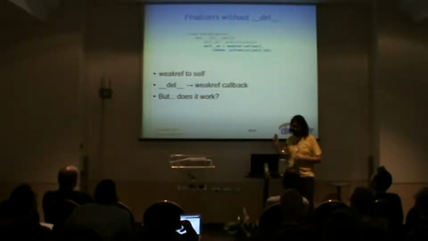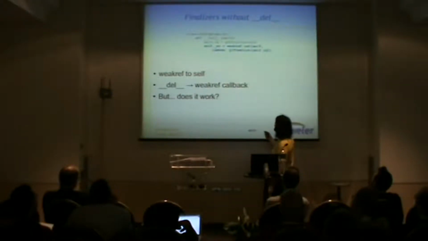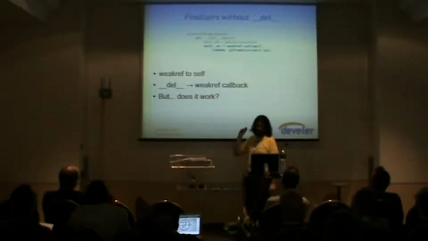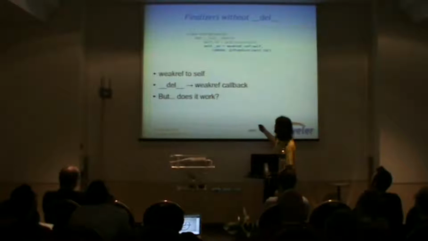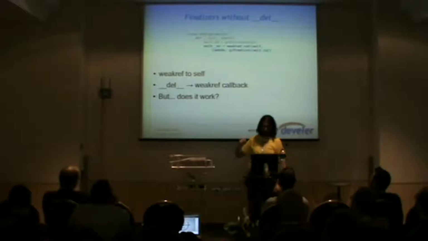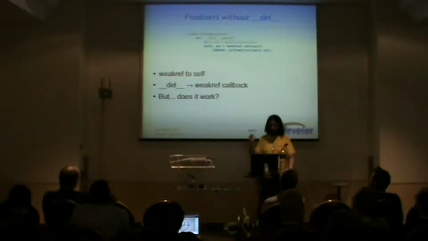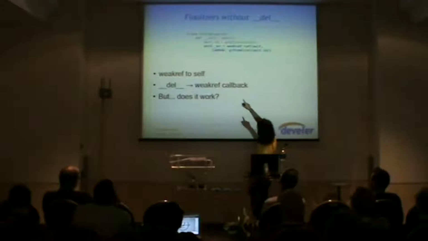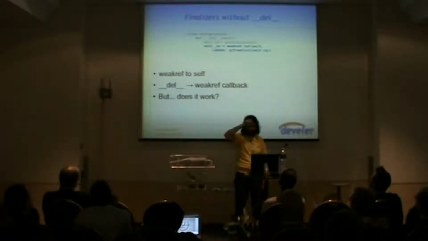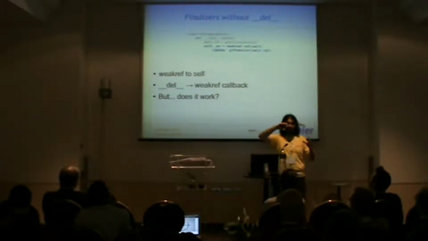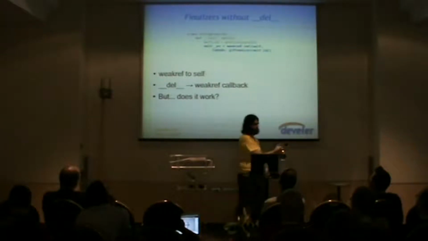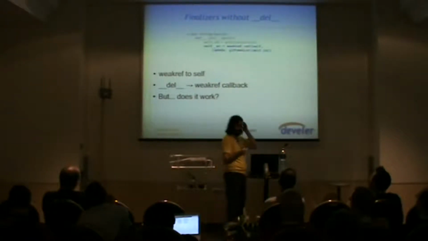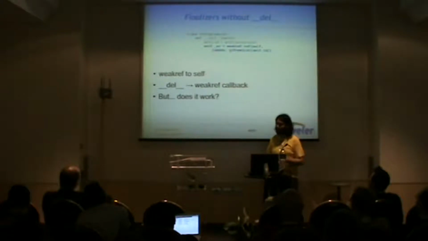Like this. What I do is create a weak reference to self, which is the GL display list object, and this is the callback function that will be invoked when the GL display list object is being destroyed. When it's being destroyed, the weak reference will invoke the callback function, and in the callback function I will just call the glFreeList function. So I'm basically taking the del code and moving it into the callback. But alas, it's not that easy.